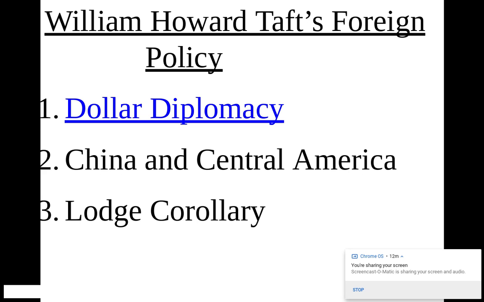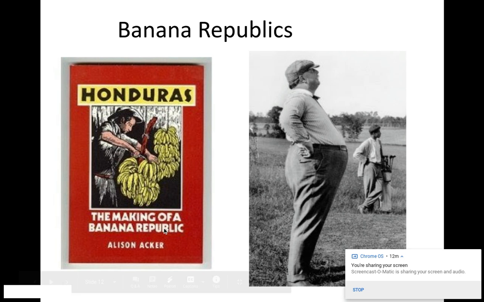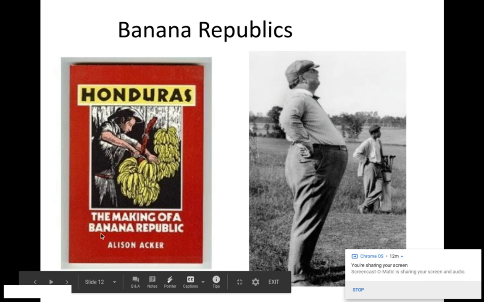or businesses in Central America, these businesses will later be called banana republics, the United States now will have an economic interest in those countries. And as such, the United States will have influence over the government. These governments are sometimes called banana republics.